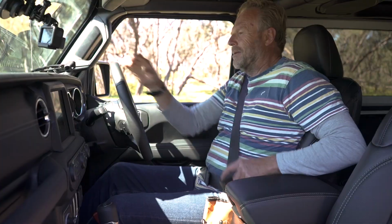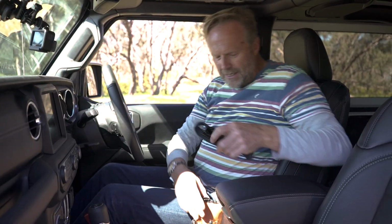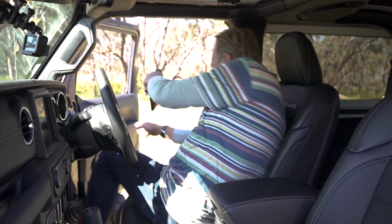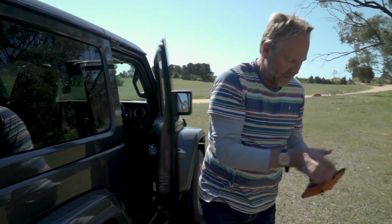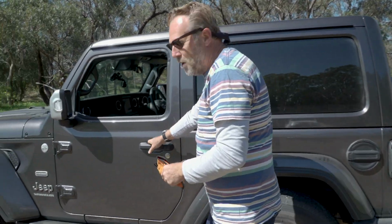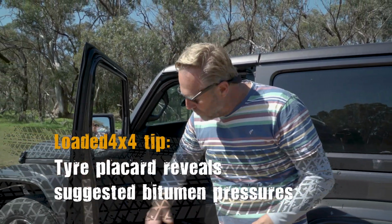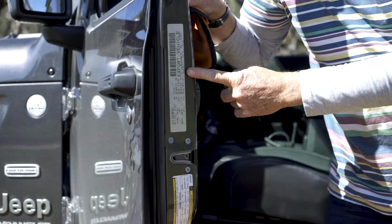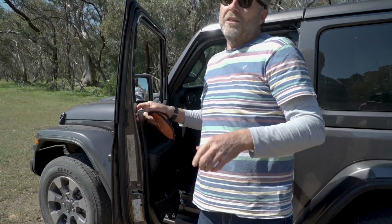But first we need to find the tyre placard. So, Sonny's tyre pressure reducer, away we go. So I'm going to find the tyre placard on this vehicle, which is on this left-hand passenger door, and see what numbers it suggests that the tyre should be at. And if I have a look in here, oh my God, that's 36 PSI, which I think is way too